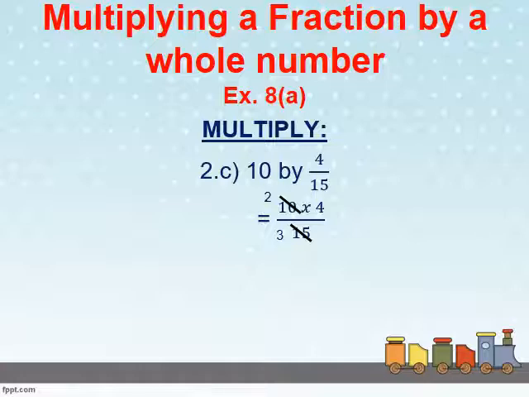So now what is left? In the numerator it is 2 multiplied by 4 and in the denominator it is 3. So we can say 2 multiplied by 4 upon 3. Now let us multiply the numerator, which is 2 multiplied by 4 is equal to 8. So our fraction will become 8 by 3, and 8 by 3 is an improper fraction, so we will change it into a mixed fraction, which is equal to 2 2 by 3, and this is our final answer.